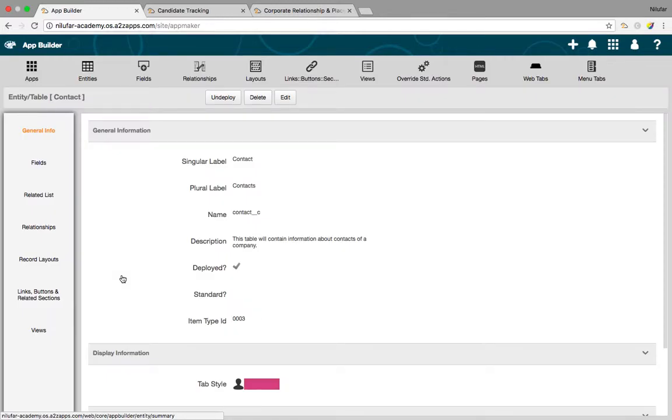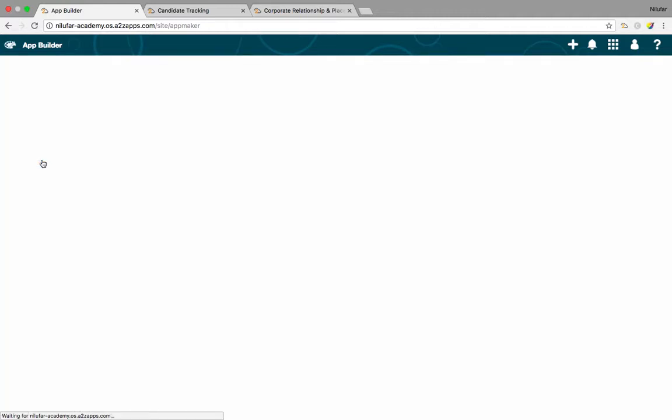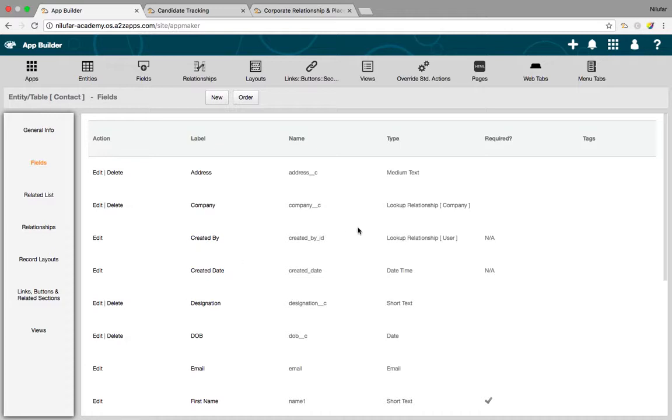Now the lookup field for company was not there in my layout, simply because in my layout I did not include that particular lookup relationship field. If I go to fields, I can see there is a lookup field called company. This is a new field which got added, which was not there earlier. That is the reason why in my record layout this is not there.